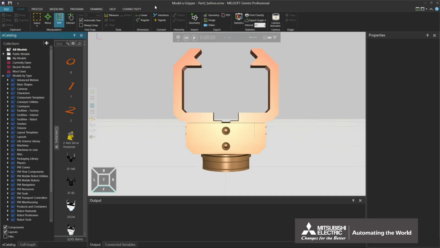This video explains how to build a robot tool to transport products. Attach the robot tool to the robot arm and configure the motion setting to transport products by the following steps. Open the robot tool created in Part 1 or the downloaded file model a gripper Part